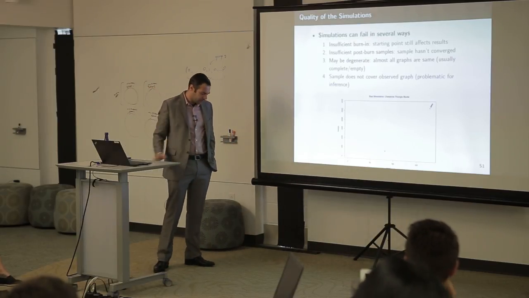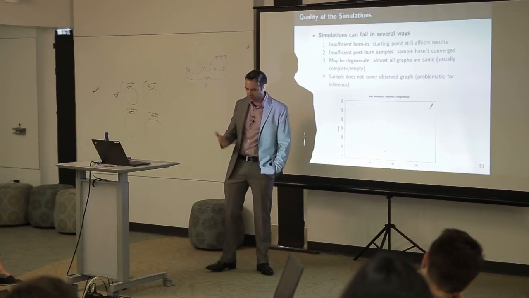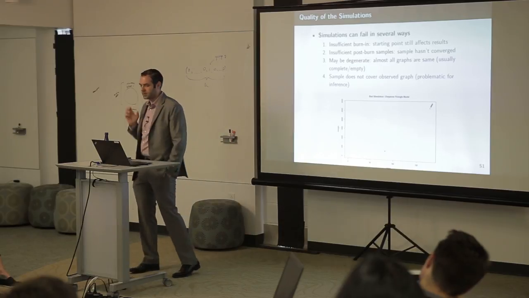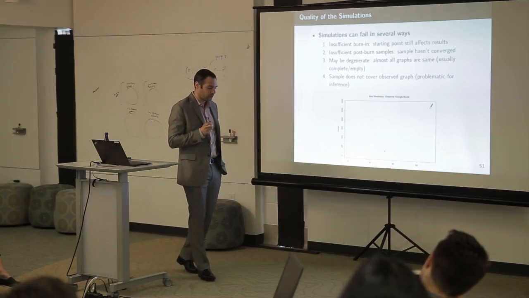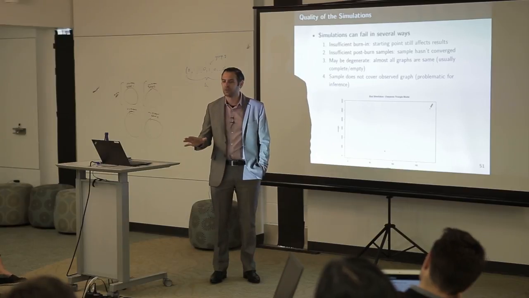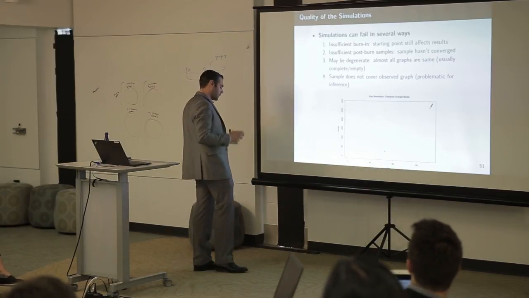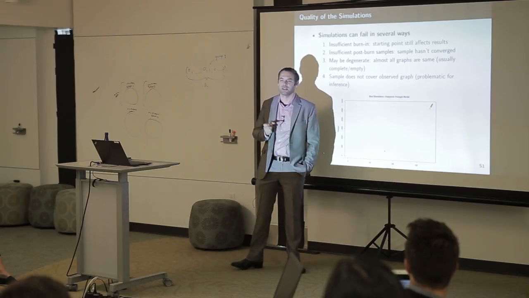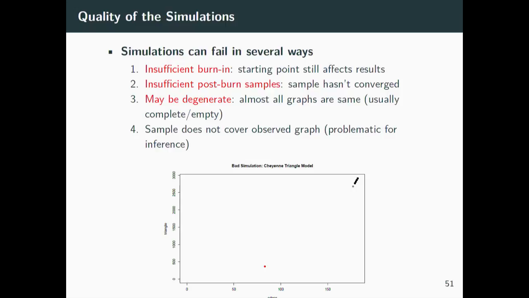Okay. The next basic problem that you can have: assuming you have a well-specified model, the correct model, it's going to answer all of your questions and problems, but you can still have it not work by having your simulation fail. And the simulation can fail in a lot of different ways. Obviously, if your model is just bad, your simulation will predict things that are unrelated to your observed data, and we'll talk about ways to test that. But the other way it can fail is just your MCMC algorithm being bad. And so this